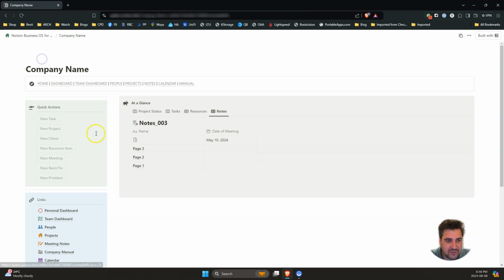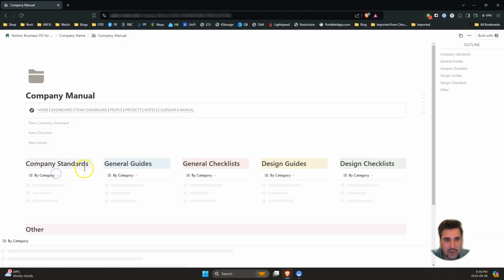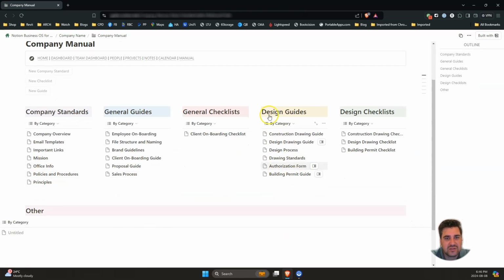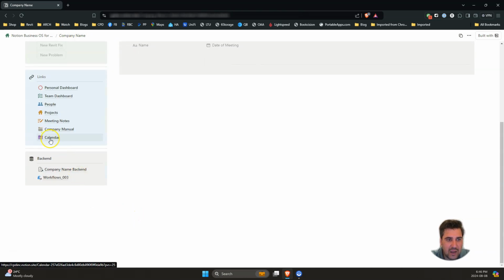We can also click back to the home page here. We have people, projects, meeting notes, company manual, and then the company manual, as I mentioned, is all those checklist guides and all that information. And then again, we can click our home button, go back to the home here, and then we have calendar,